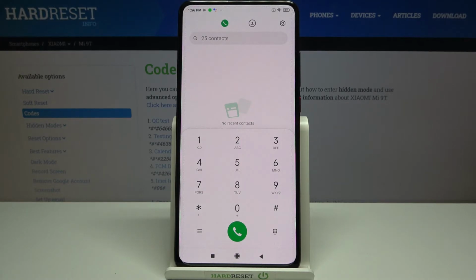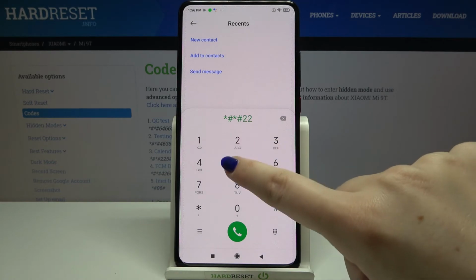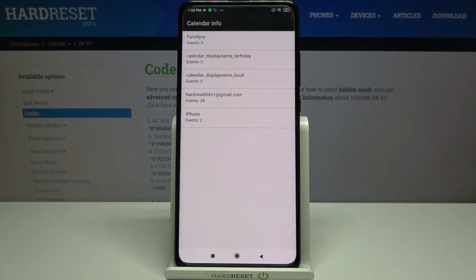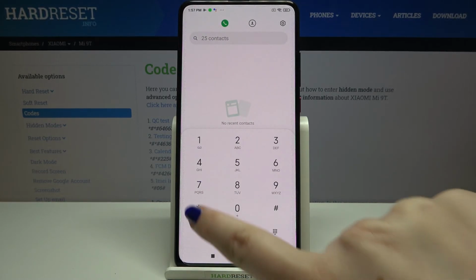And now let me enter the calendar info, which is *#225###. And as I said, we are in a calendar info, so here we've got all the events in one place. Here we can check how many family events we've got saved, some holidays in your country should appear right here, or events attached to your mail. So as I said, here you can check the total amount of particular events. Let me get back, and let me show you the last code, which is